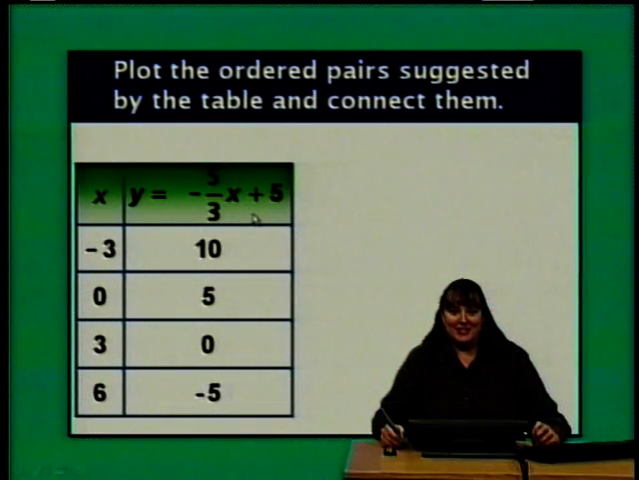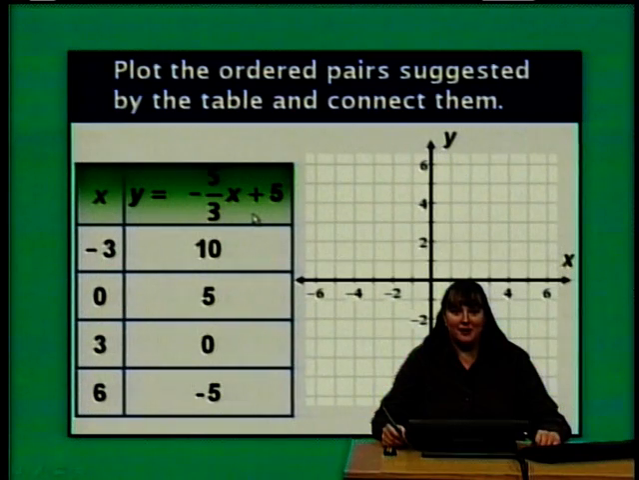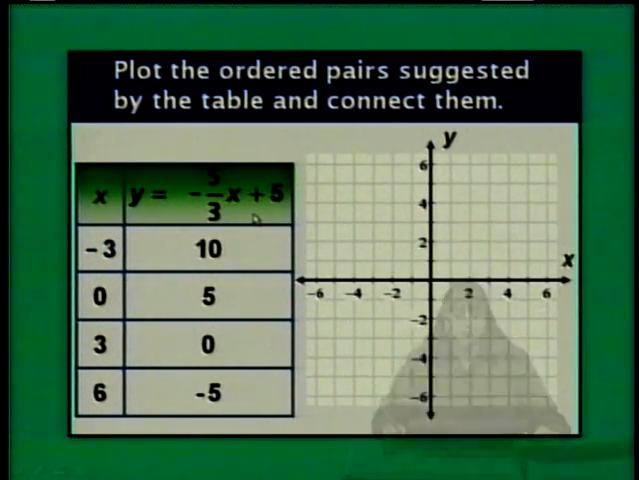Let's look at another example. Once again, I'm asked to plot the ordered pairs suggested by the table and connect them. It looks like I have 4 ordered pairs suggested by the table. To plot these, I need a piece of graph paper. The first point that I would need to plot is -3, 10. So I have an x-coordinate of -3 and a y-coordinate of 10. So if I go up 10,